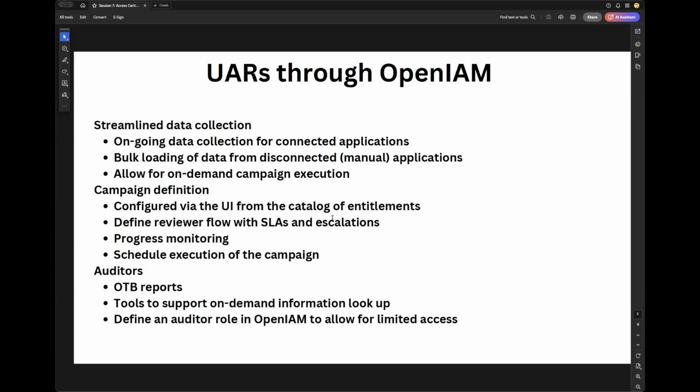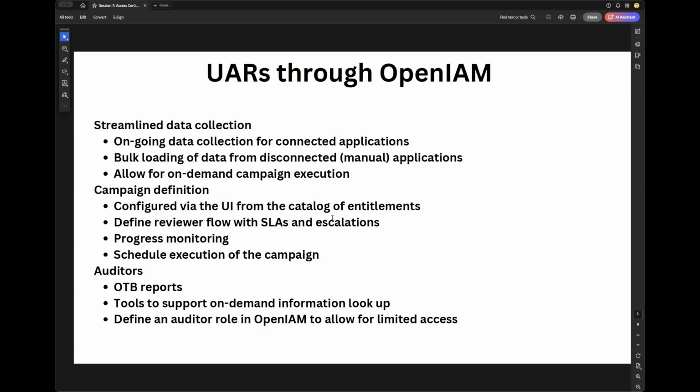So those steps that we followed in the beginning when we were talking about user lifecycle management, where we imported the entitlements and the users and their entitlements, well, that's really what you need to be able to do these user access reviews, right? So that step was really creating a foundation for two things. It created a foundation for the user access reviews. It also created a foundation for the service catalog and the self-service portal. So it became an essential step at the start of a project to get that in place, right? But then you're going to have these applications which don't have,